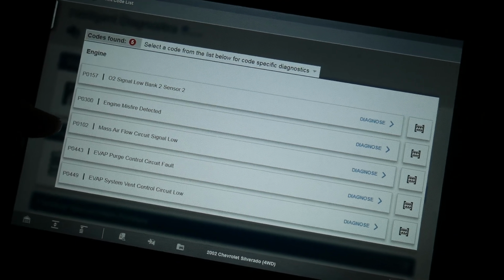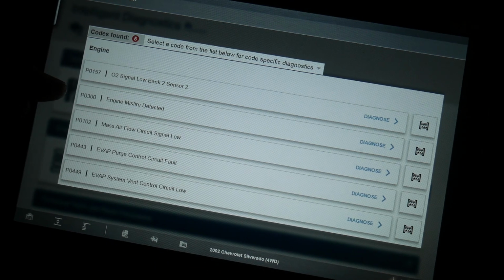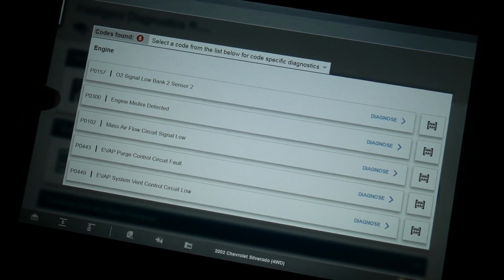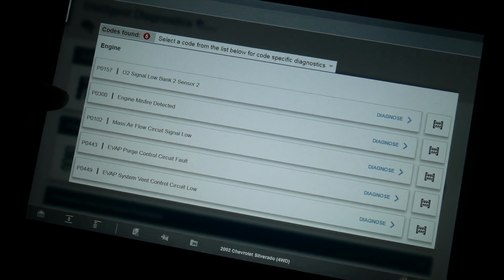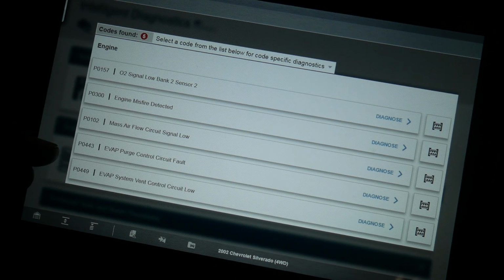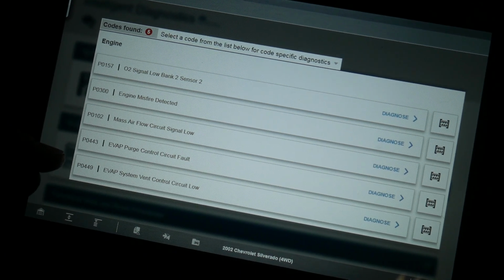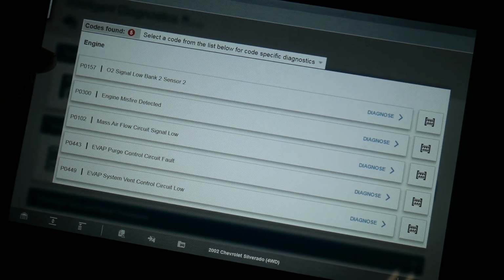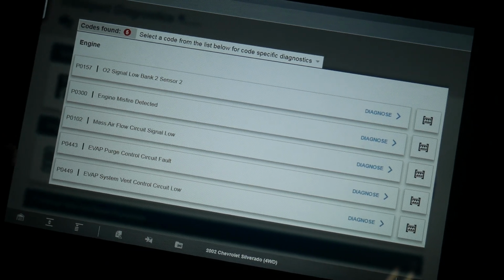This mass airflow code and the engine misfire code, I see these paired together a lot in the wintertime, and it's normally the intake manifold gaskets leaking, but I'm a little leery to jump on that because I have these two other codes that are control circuit codes. The O2 sensor by itself, when I check the freeze frame data, and that's the screen I'm on now,